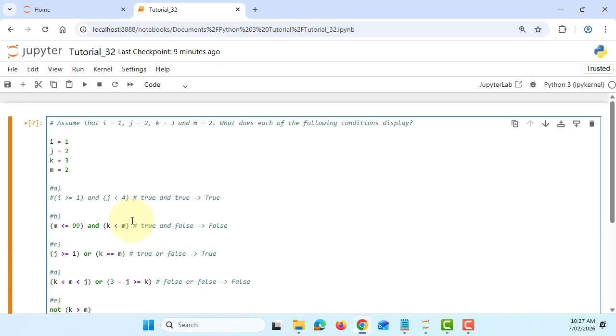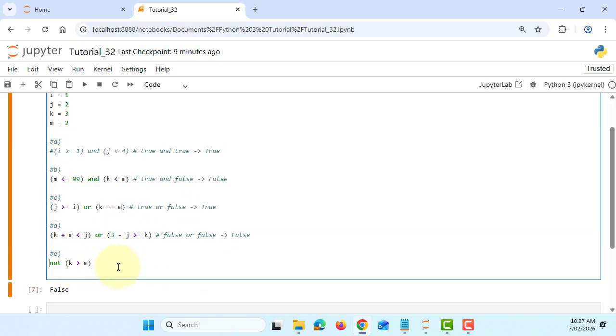Okay, we are using the last one. We are reversing the decision of k greater than m. So k is 3, and m is 2. So it is true, but we are reversing it. Okay, so it becomes false. Okay,